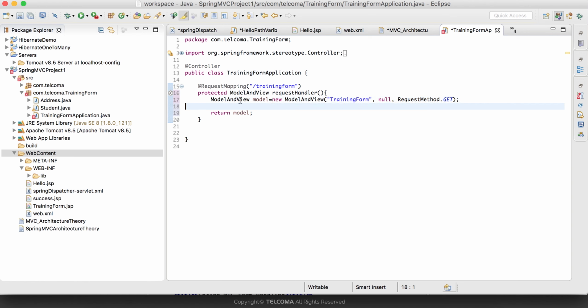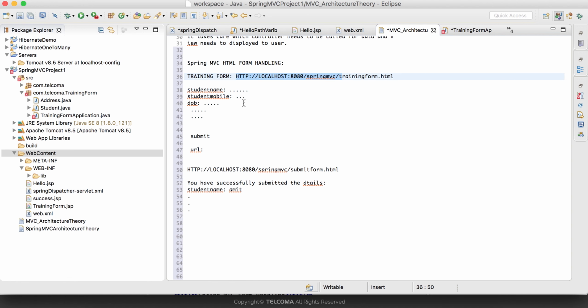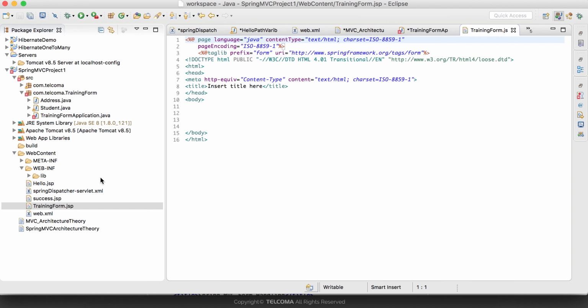Okay, so now let's go to the training form.jsp. Let's do step by step. So now till now the user has entered this URL and it's getting the view it needs to display. So I'll go to this training form.jsp. Here we want a particular view to be displayed, so I'll just create a table. It is plain HTML language. A table row is created with table data as